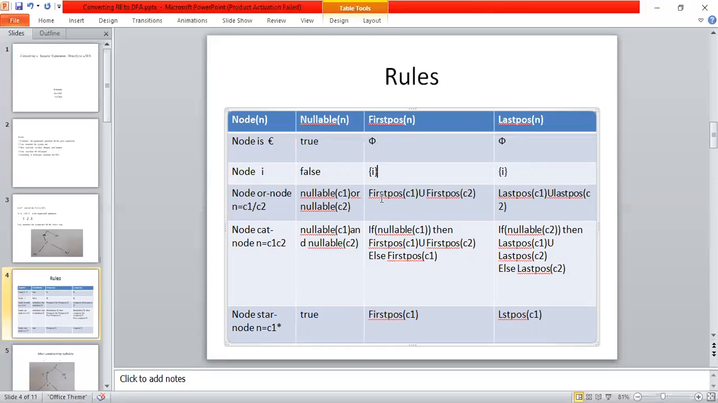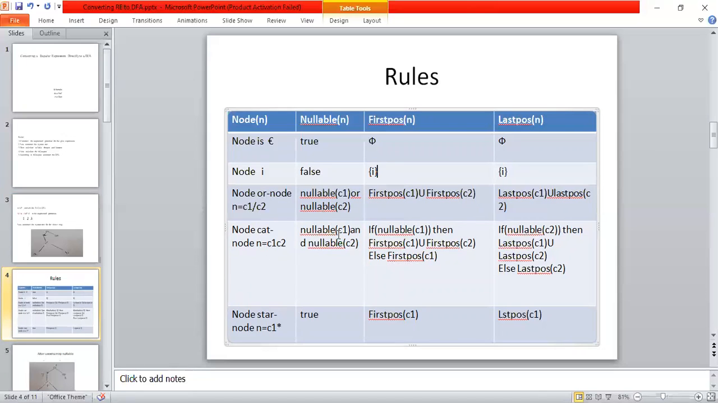And coming to the first position: C1 union, first position of C2. And coming to the last position: last position of C1 union, last position of C2. So this is the nullable value, first position and last position if the node is an R node. And similarly, if the node is a cat node,